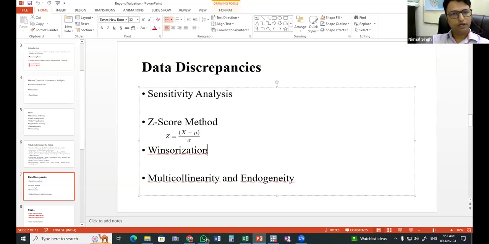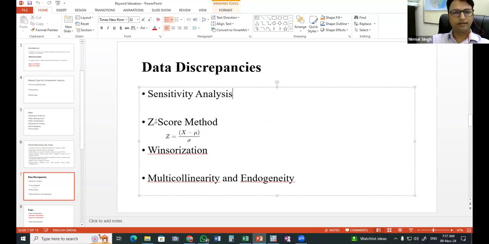The first thing we can do is sensitivity analysis. For example, the first model you run keeps all the variables as they are. We won't change anything, even if one company is extreme. The other model we run by excluding that particular company. Then we compare the results. If that is significantly impacting the results or the coefficients we are getting, then we need to remove that particular company. Or if we can't remove it, if we have limited data sets, then we can apply other techniques